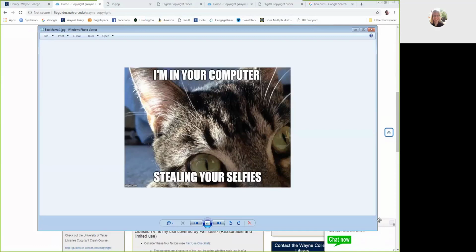Let's see, so I have one here that says, what happens if you cannot reach the owner of a picture, meme, or GIF when trying to request their permission? You have to really try. Okay, so when it comes to trying to determine if you can have permission, you have to document how you tried to get copyright permission. So I would just keep some notes that you reached out on the website, you did your research, you sent 3 letters asking permission and never heard back, and then you would document that as a way that you could use it. I mean, ideally, you would be able to research and find the owner and ask permission and get it or be denied.